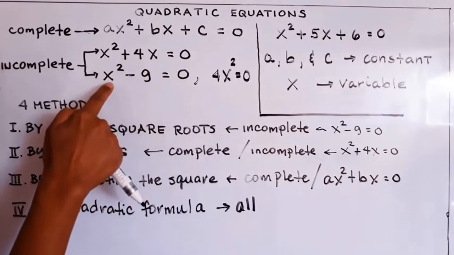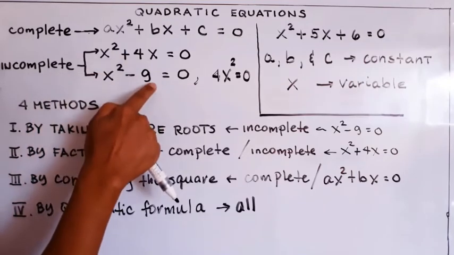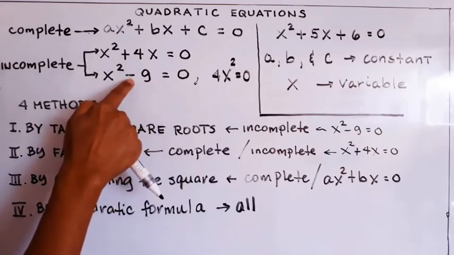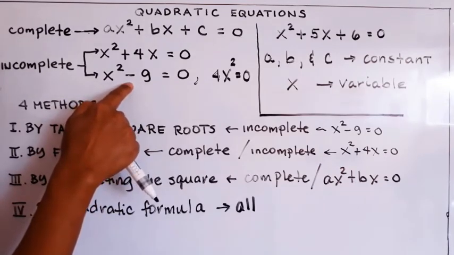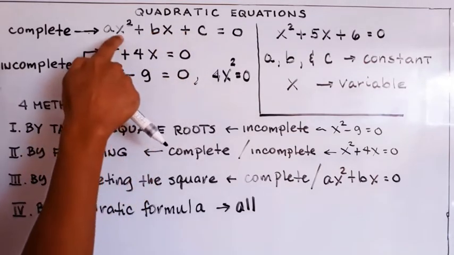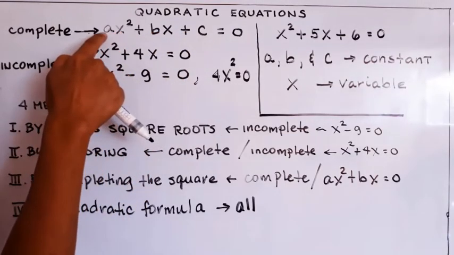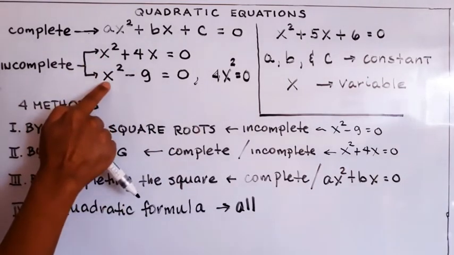Or the second one is the first one and the third one, the c, without the middle term. We can't have the bx and c only without x squared because if that is the case, it will not be a quadratic equation anymore. It will be a linear equation only. So the x squared should not